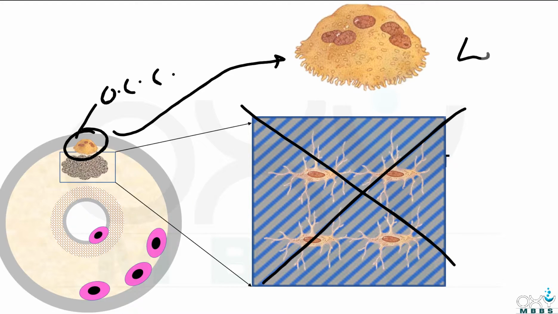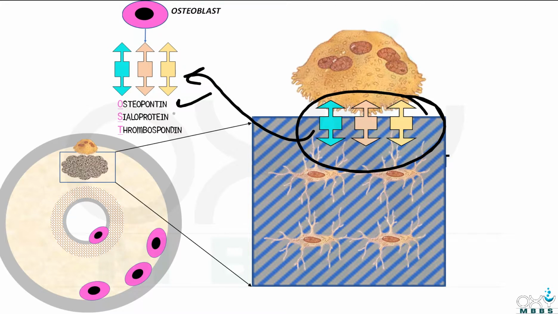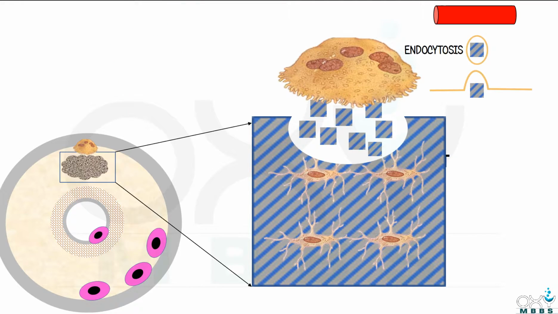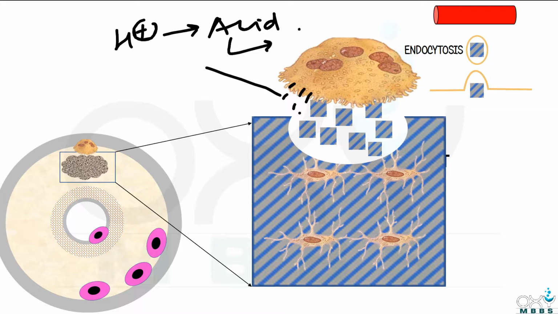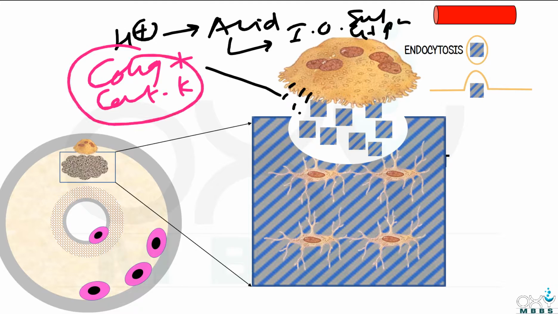As bone degradation is a long process, these osteoclast cells must be firmly attached to the surfaces of the old bone, and this function of firm attachment is done by these proteins osteopontin, sialoprotein and thrombospondin, which firmly attach osteoclasts with the extracellular matrix. And after firm attachment, these osteoclast cells start to secrete bone degrading agents through the ruffled border. The breakdown agents like protons create an acidic environment which dissolves the inorganic salts of calcium and phosphorus, and collagenases plus cathepsin K cause breakdown of organic matrix like